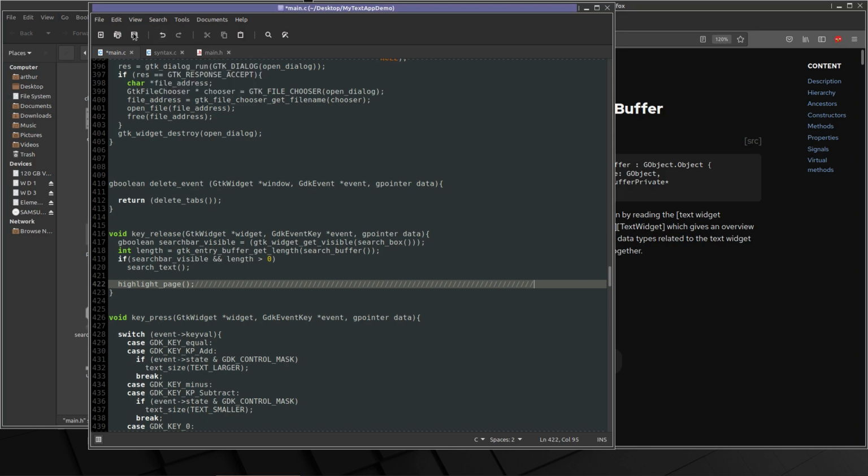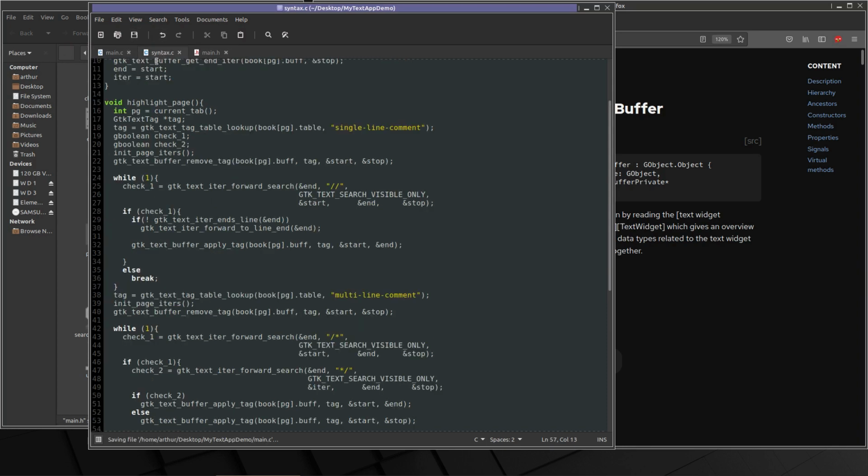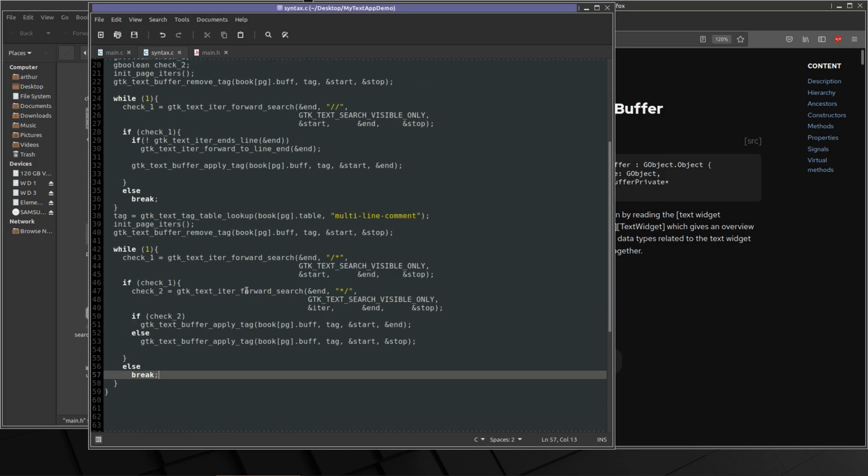And yeah, when things grow bigger, doing a full document search through highlight page is probably not going to be what we want happening, especially if the search bar is also open and has text in it, because then it would be doing 2 full document searches for each keystroke, which would not be a good thing. But just to get an idea,